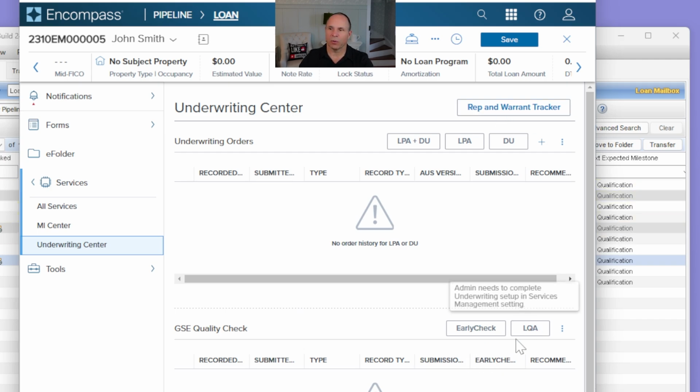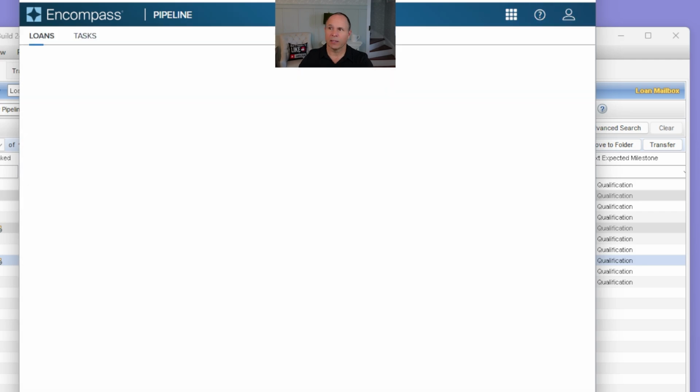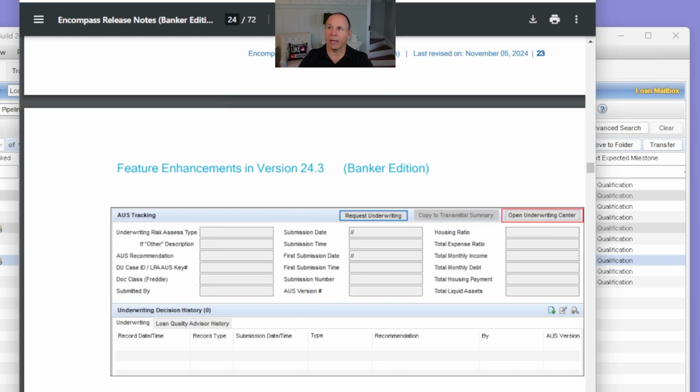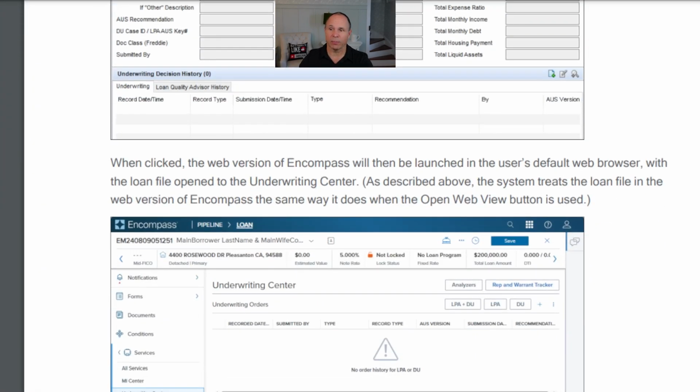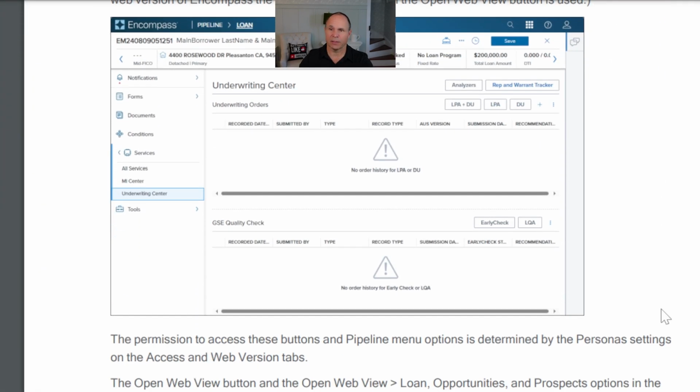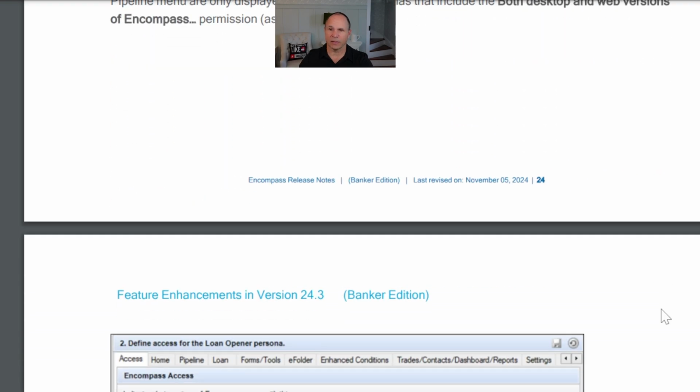You can look at your early checks and your LQA for your Fannie Freddie files to see how your loan file matches up to what's currently on the GSE. So this is all really put together very nicely and easily. It's really just to get people used to making sure they understand exactly what's possible within not only desktop Encompass, but also web Encompass. So that gives you an opportunity to go through those updates.